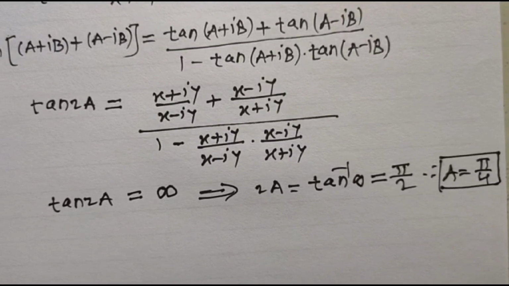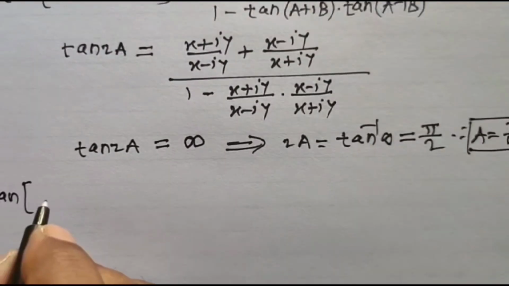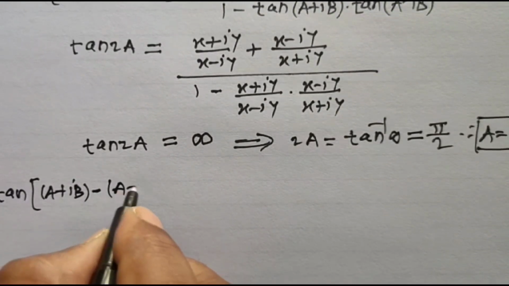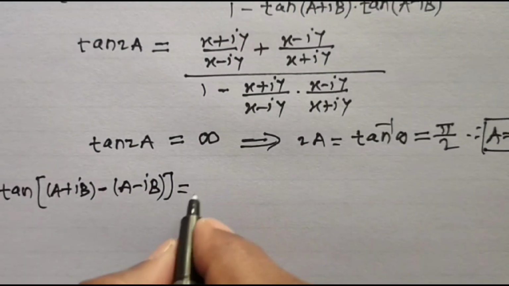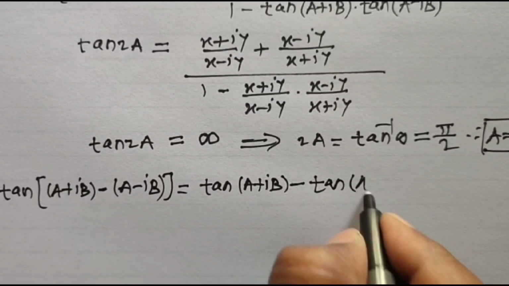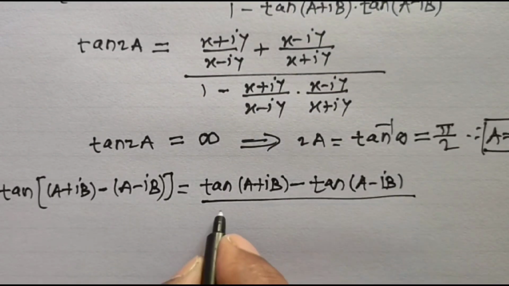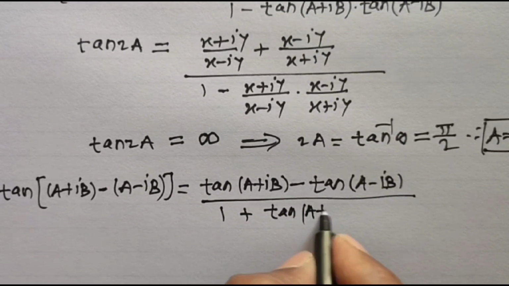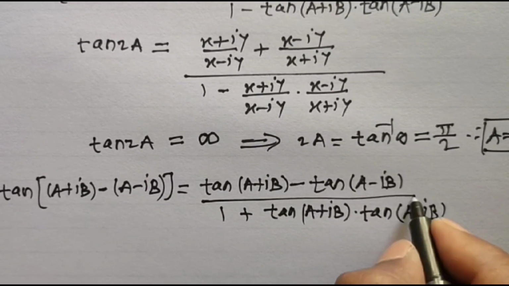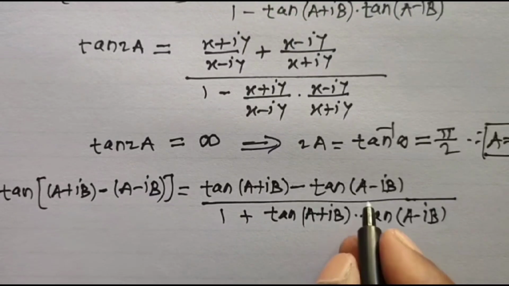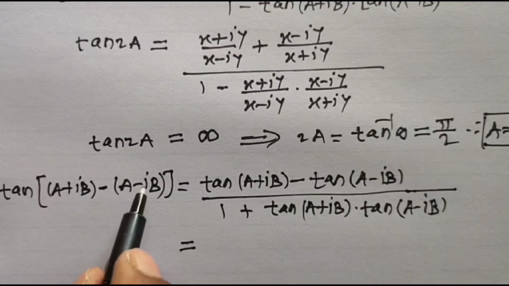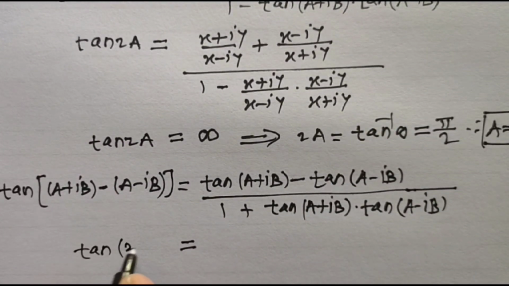Let us find its imaginary part. Similar to this, tan of (a plus ib minus a minus ib) is equal to tan of (a plus ib) minus tan of (a minus ib) divided by 1 plus tan of (a plus ib) into tan of (a minus ib). Now put tan of a plus ib and tan of a minus ib on the right hand side. On the left hand side, a plus ib minus a plus ib becomes tan of 2ib, and on the right hand